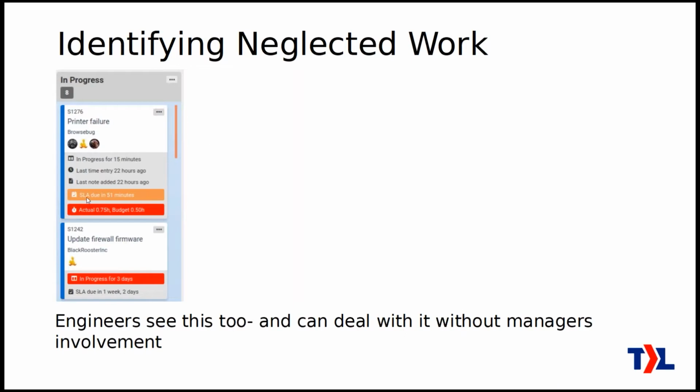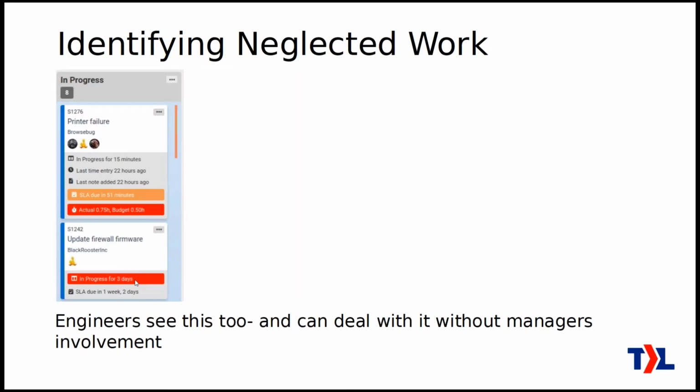You can see things like when the SLA is coming due. This is a threshold that you can put in to determine when this tag goes orange to warn us that there's an SLA coming due. We'd better emphasize this ticket because we're going to miss this SLA if we don't do something on it right now. It can show this to you in red. If we've gone over the budget hours, same thing here. We can set this threshold to say, I want to know when a ticket has been in progress for 3 days.